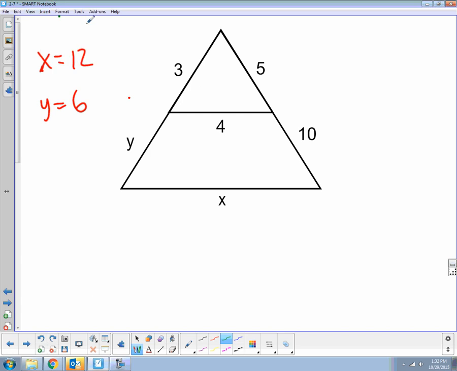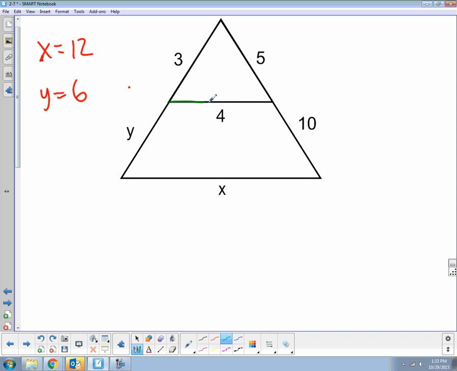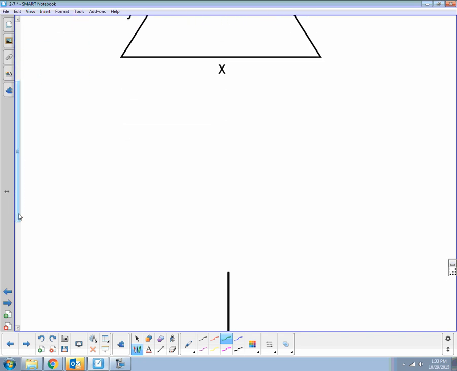This is definitely the trickier of the problems of the three that I had for you. So let's look at how to set this one up. There's a variety of ways to do it. The way that I think about it is I look at this as two different triangles. I look at that top small triangle, the 3, 4, 5 triangle there, which actually makes it a right triangle. So I look at the small triangle, 3, 4, 5, and then I look at the